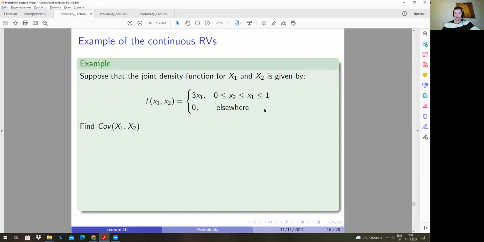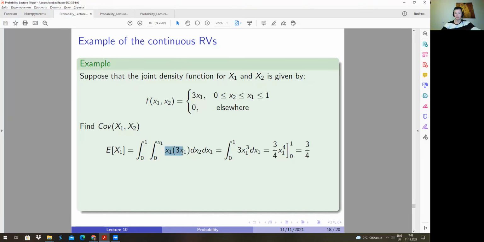If you want to find the covariance of x1 and x2, as we have seen in the previous example, the easiest way is to calculate the expectations separately and then to calculate the expectation of x1 x2. So for the expectation of x1, we double integrate